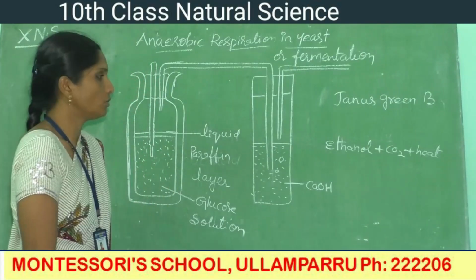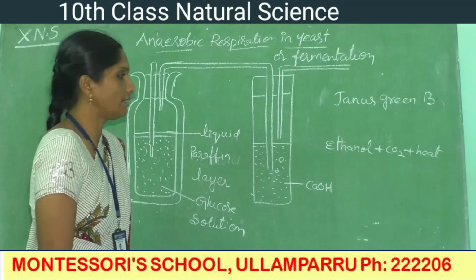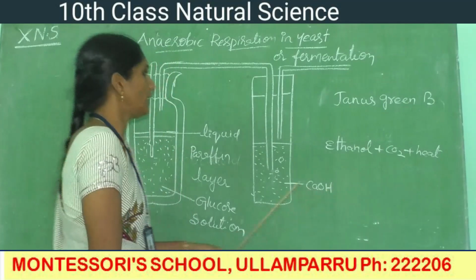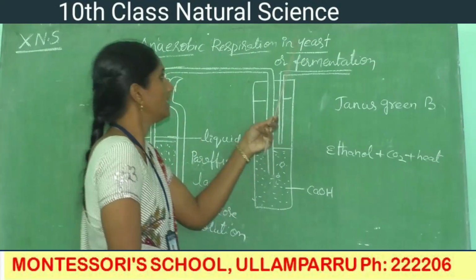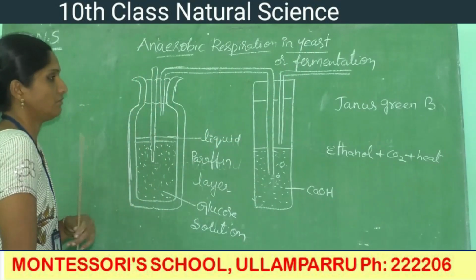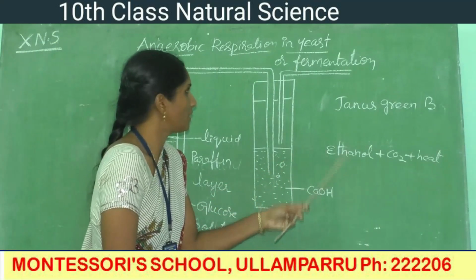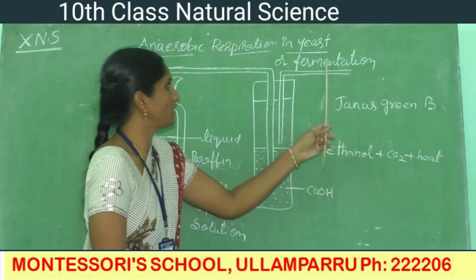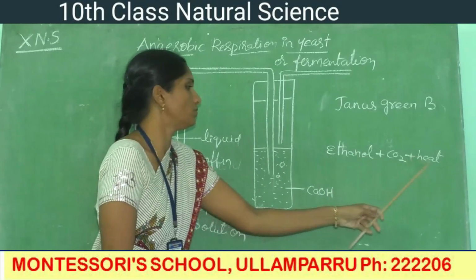If you go to a bakery or roadside, you can find the ethanol smell. That is a cake smell or bakery smell. That is coming from the process of fermentation by the reaction of organisms like yeast. We have proved three things here: ethanol comes from the fermentation process, CO2 comes from the fermentation process, and heat comes from the fermentation process.